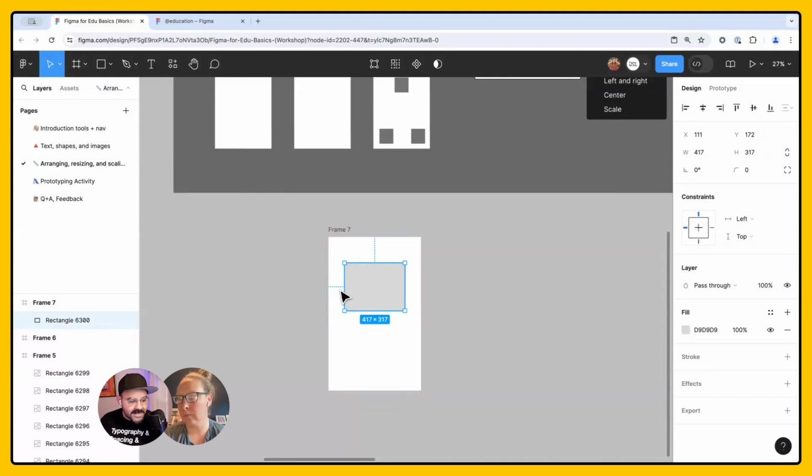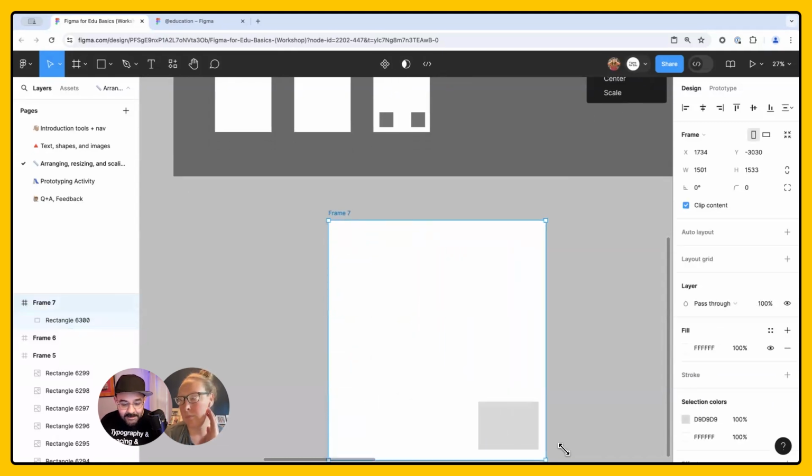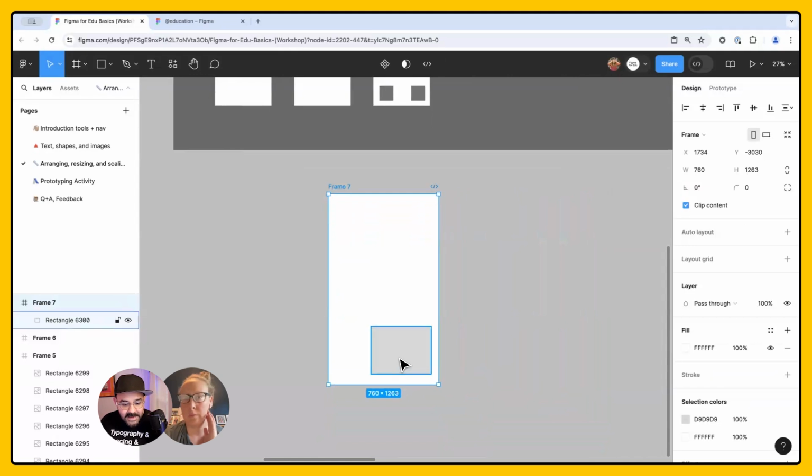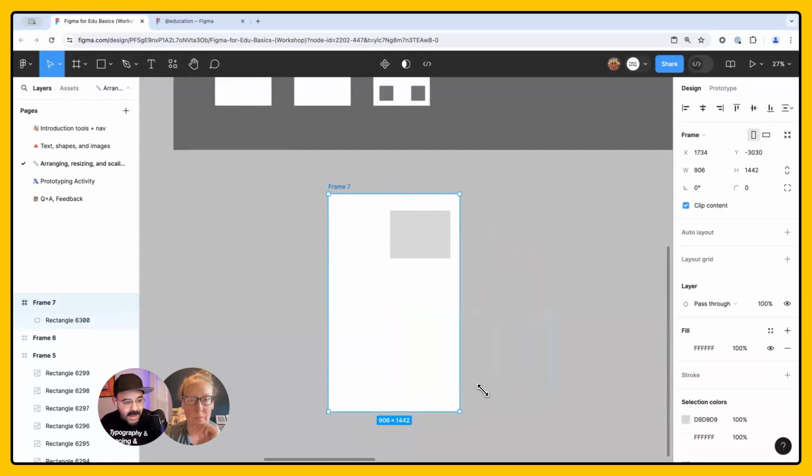And what that does is it instructs that object how to behave when your frame resizes. So if this object were constrained to the right and to the bottom, right? When I resize this frame, it follows the right and the bottom. If this object were constrained to, let's say, the top and the right, you'll see those little lines. It's going to move to the top and to the right.